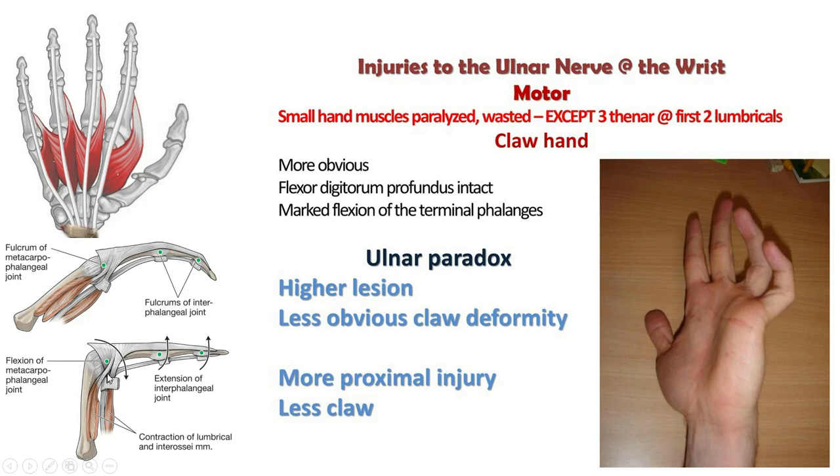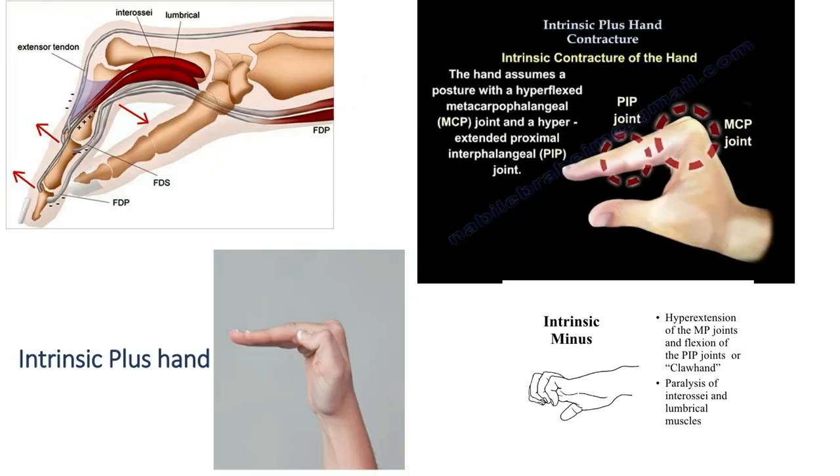Due to the abnormal predisposition of this hood, or dorsal lateral expansion. So keep in mind, this is the normal. Now you can understand why there will be clawing or intrinsic plus. If the nerve supply to the small muscles remains intact, then the patient can easily do that. But if not, then the patient cannot do that. That is called intrinsic minus.